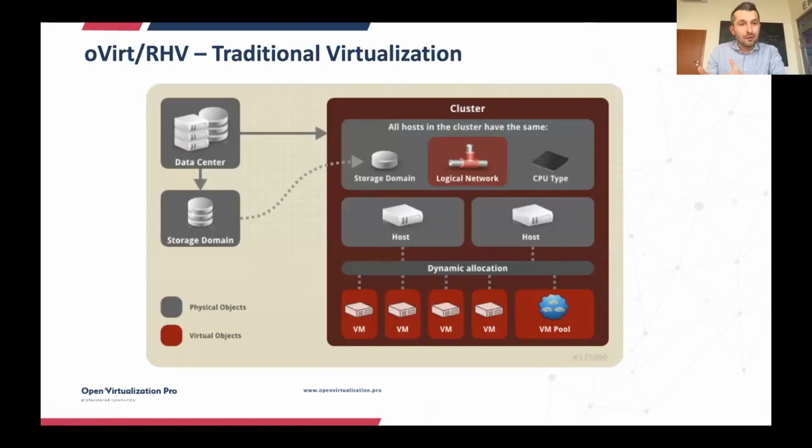So let's go through the different layers. Let's start with oVirt, Red Hat Virtualization. Wojciech, could you tell a little about where we are today? Yeah, so at the moment you have different options, and one of the options is using traditional virtualization. If you have proper orchestration and automation tools, you can really use traditional virtualization to build a private cloud based on it. And oVirt or Red Hat Virtualization is the perfect example.